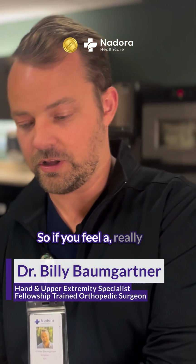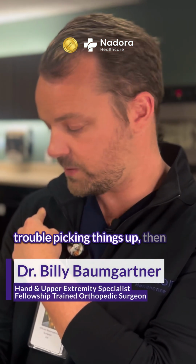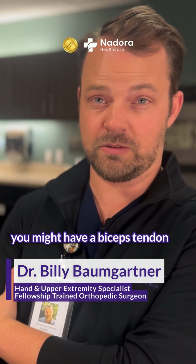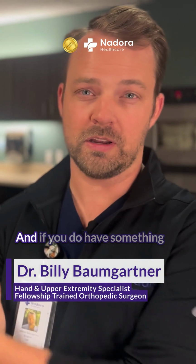So if you feel a really tight snap and then you have trouble picking things up, then you might have a biceps tendon rupture at the distal end. You would have a lot of bruising if something like that were to happen, and if you do have something